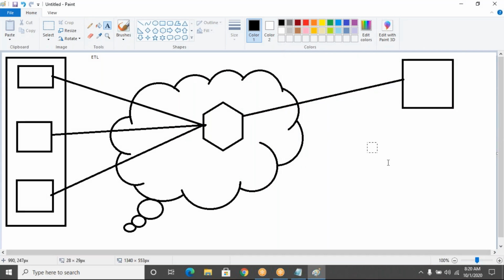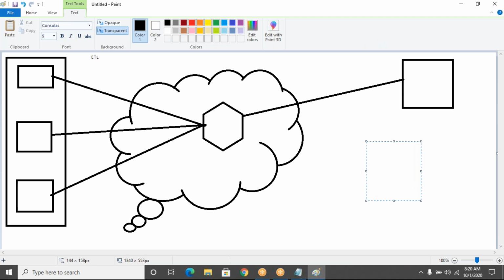Those are Microsoft Azure, and the second one is Amazon Web Services. The next one is Google Cloud Provider. In simple terminology, we call this GCP.